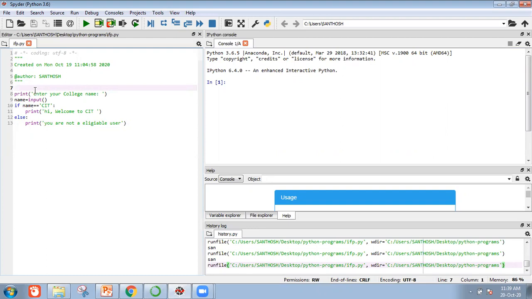Just like that, Python programs are saved using the .py extension. The Python programs you type now are saved using the .py extension.